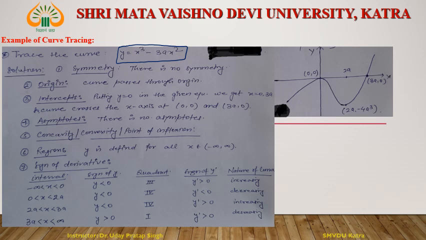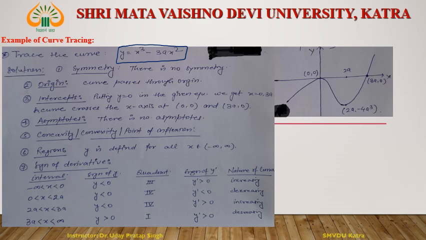Now see here, this curve is symmetric if there is any even power in x and y. No, then this curve is not symmetric about any axis, x axis or y axis. Okay. Now this curve is not symmetric about y is equal to x, since if we replace y by x and x by y, then the equation of curve will be changed, right? So this is not symmetric about the line y equal to x.